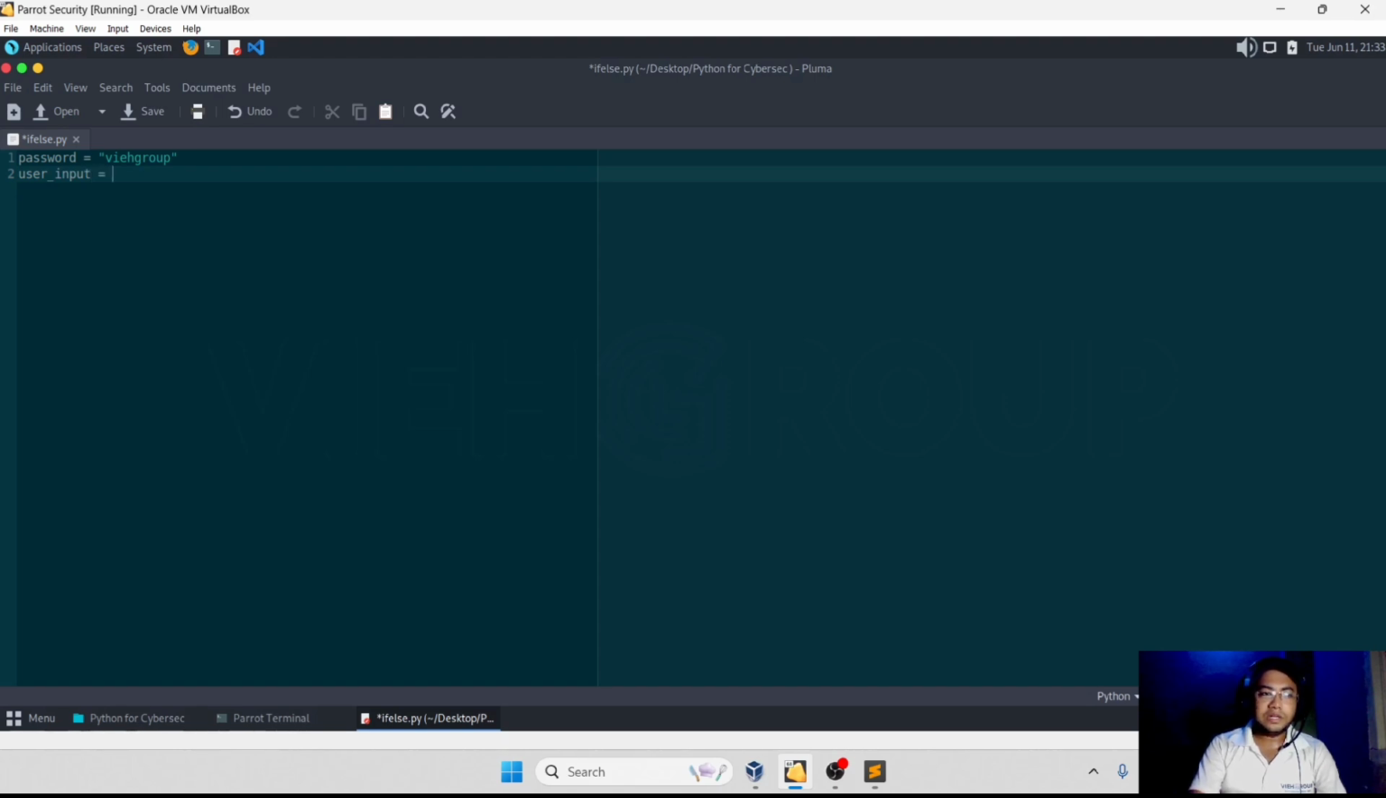Another variable with the name user_input, and input. Now let's take something from them: enter your password. This is where the user is going to enter the password. Now let's start the condition. If user_input, which is what we are going to get from here, equals the password, then simply print